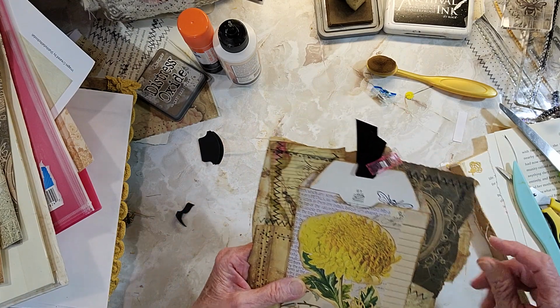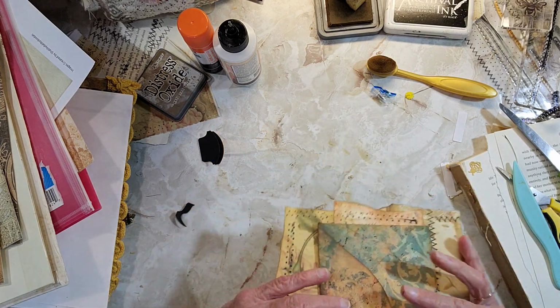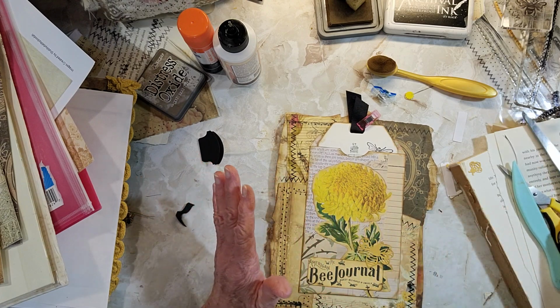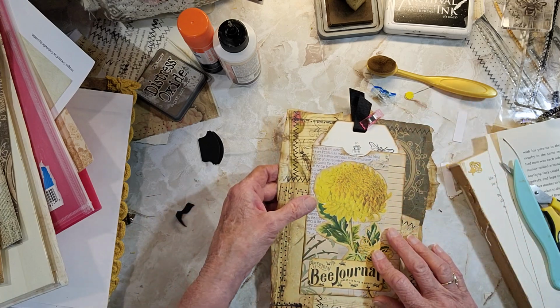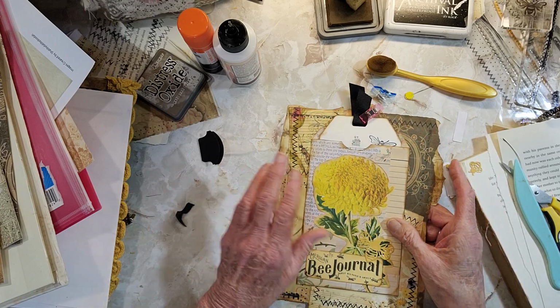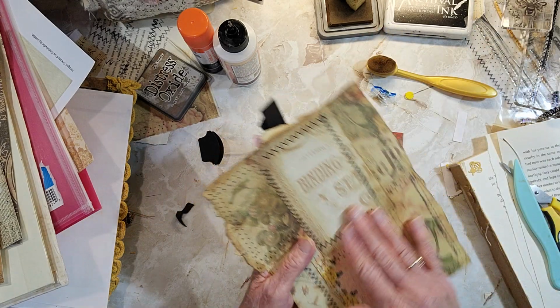I think they're fun, and I like the look, the grunginess of them. Yeah, and you can just take your scraps and do this instead of making the collage pages and then cutting out your tags and stuff. I think this is kind of a cool way to use up some scraps for any journal. This could also, well, I don't know. I was going to say it could be